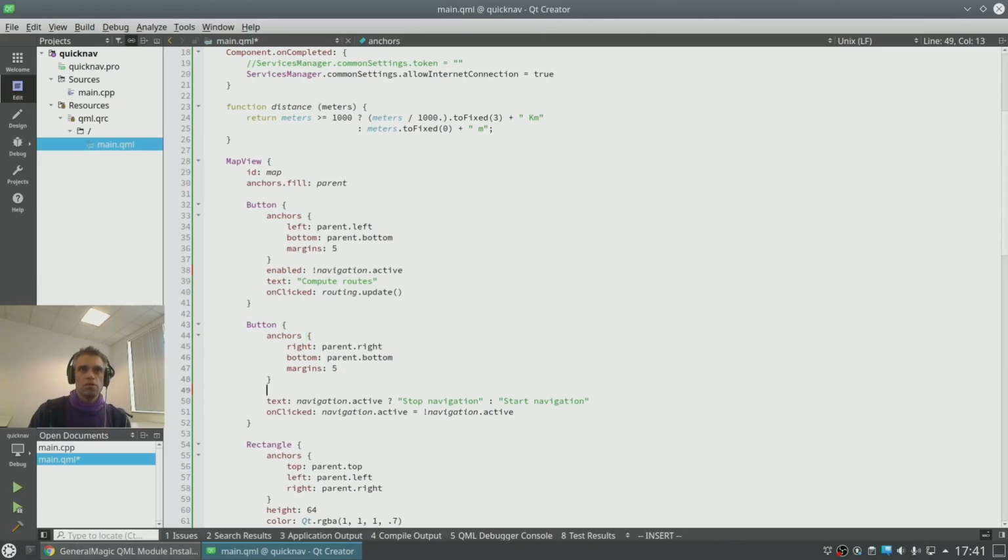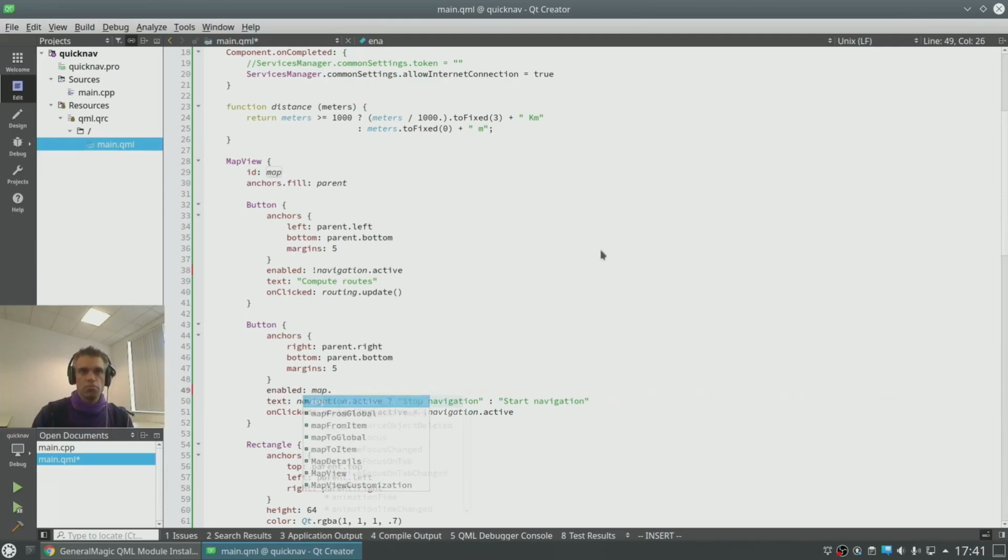This other button is the start or stop navigation button. So we want to be able to start or stop navigation only when we have a valid route computed and selected. So if there is no route, we should not be able to click on the start navigation button.